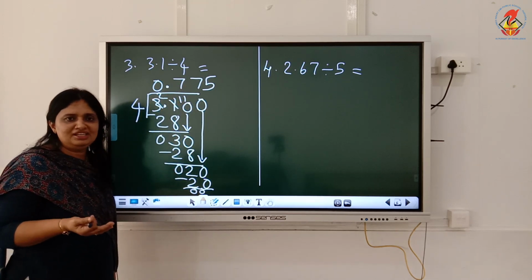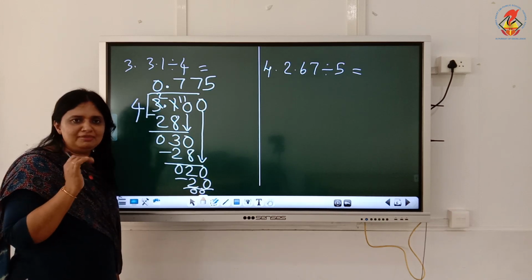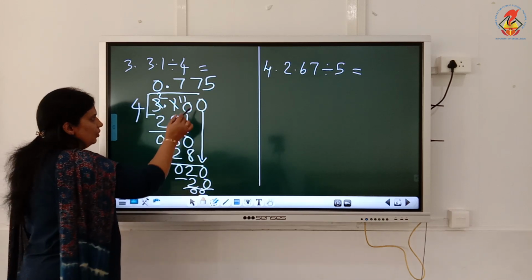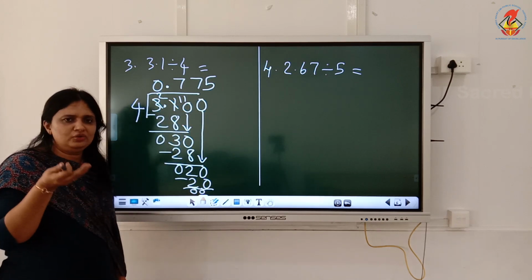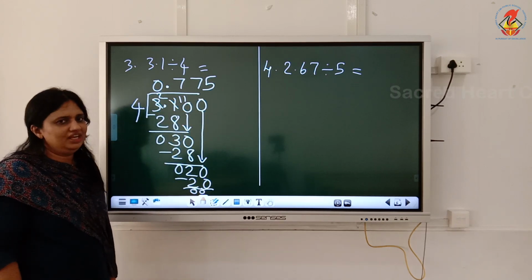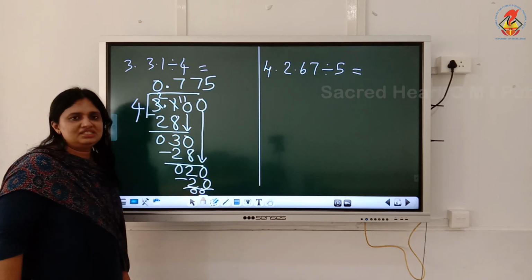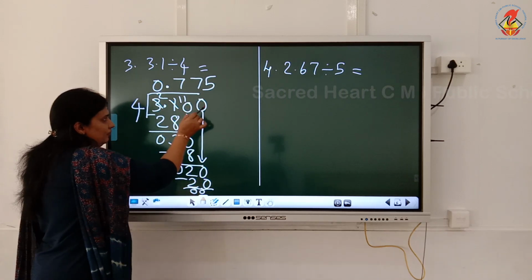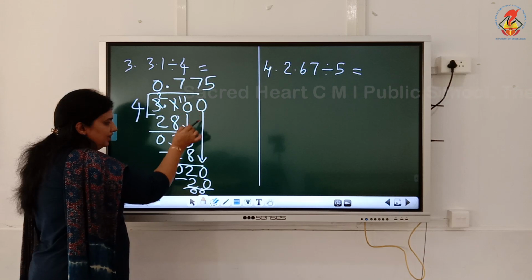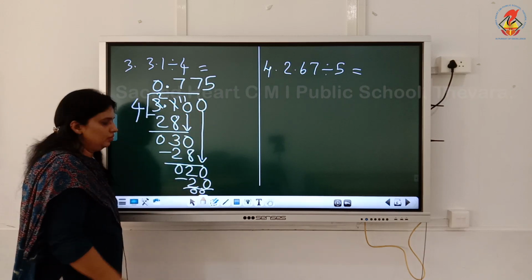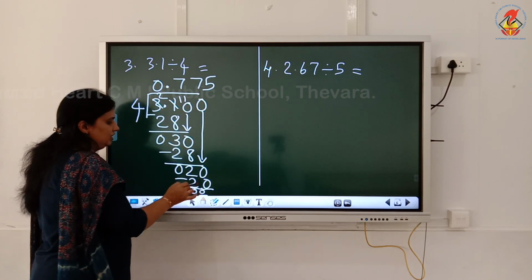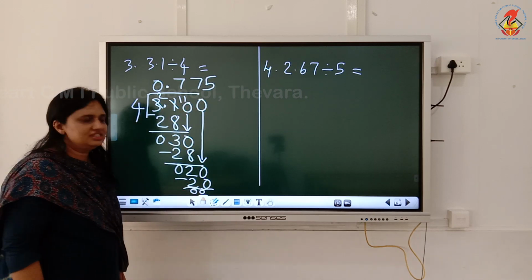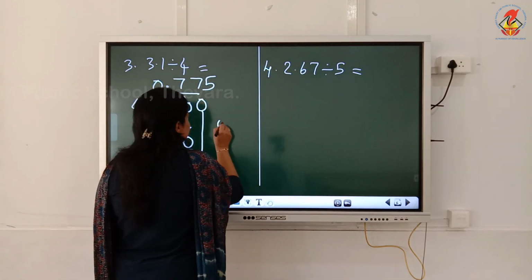Again I got a remainder. What do I want to do? I want to make the remainder 0. How? I add one more 0 in the dividend. Nothing will happen. You can add any number of zeros in the dividend for getting the remainder 0. I take that digit also down. It will become 20. And 4 5s are 20, and the remainder is 0. I can check whether my answer is correct or wrong.